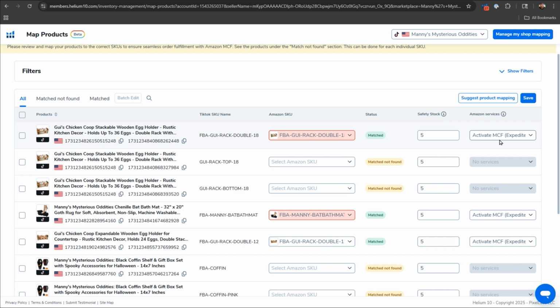You're going to lose a little bit on the profitability, but you have a certain window that you have to deliver to customers in, and you have to get your tracking number up and running to TikTok Shop. Usually within 72 hours, the tracking number has to show activity. And then I think it's like 6 days you have to deliver. So if you want to give yourself a better chance to keep perfect metrics, I suggest selecting expedited inventory and